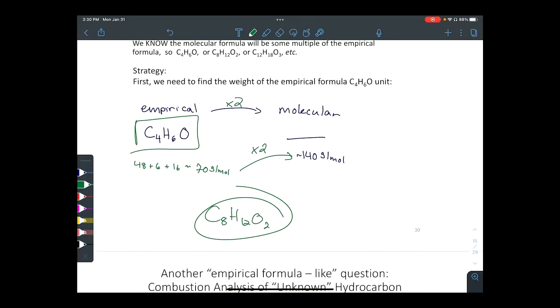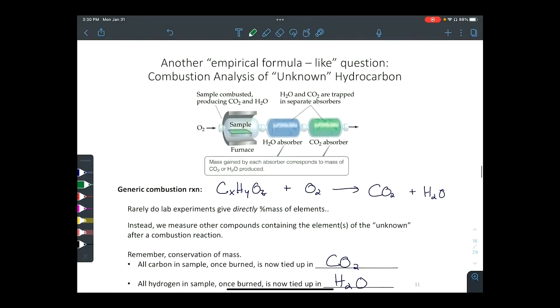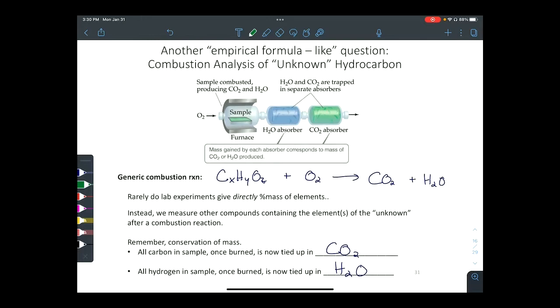Okay, so it's just kind of like tacking something on at the end there. So be very, very aware what a question is asking. Is it asking for empirical or is it asking for a molecular formula? Okay, so if that wasn't enough math and ideas with mole ratios, to just kind of bring another type of